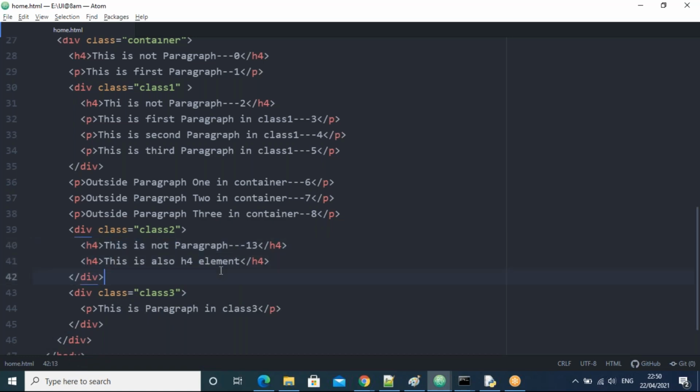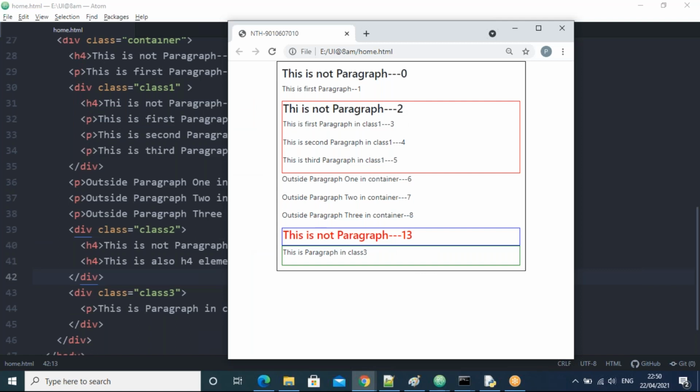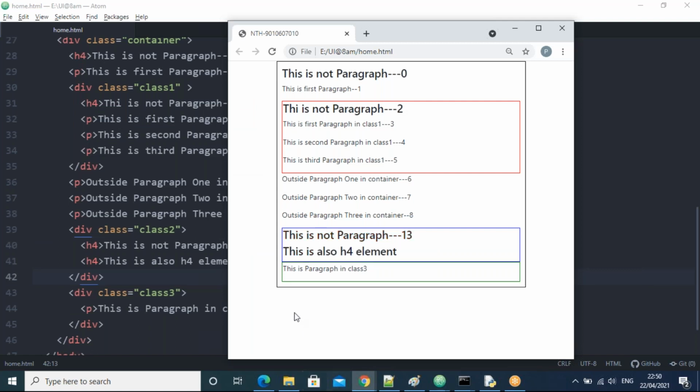Nothing will be selected. Let's go there and refresh here. See guys, not possible. Not selected. It means it requires only one H4 in the parent, no other H4s, no other element, guys. It requires only one H4. That's all.